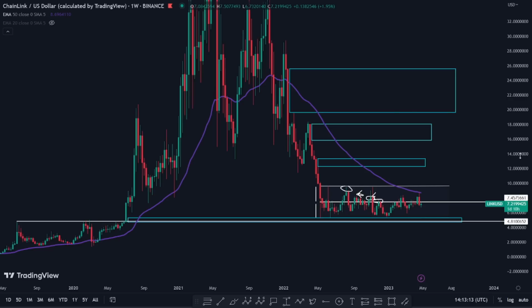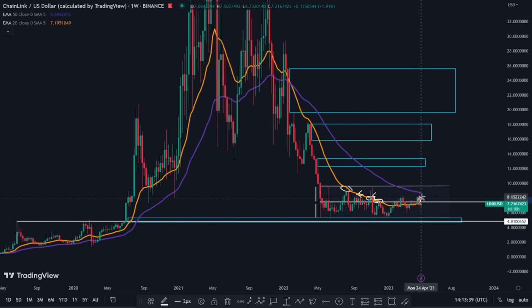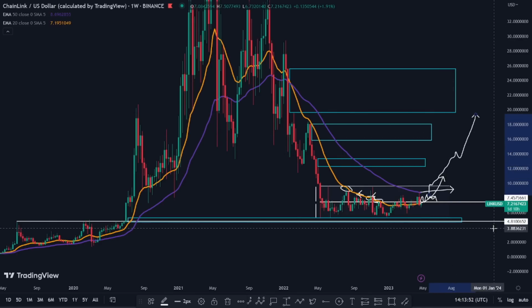So that's why I think you should also keep an eye on the Bitcoin dominance chart, and also on the 50 weekly EMA. Sorry, the 50-20 EMA. Let's see how this week closes. If it closes below it, we'll be favoring lower prices in the short term at least. But if it closes above it, then we're going to start to see some kind of consolidation again between the 20 and the 50. And then maybe the 20 starts to point upwards and the 50 crosses, and then we can start to see something like this. But for now, it's impossible to tell. We must only be prepared for both